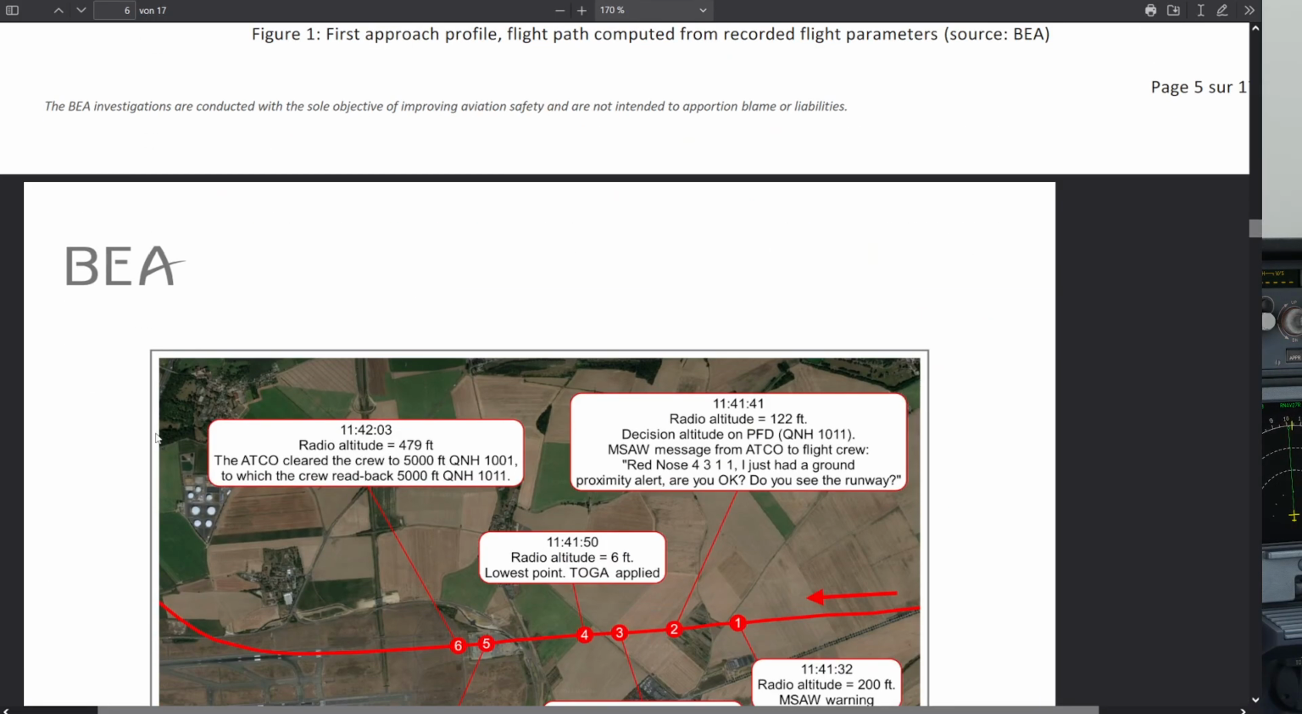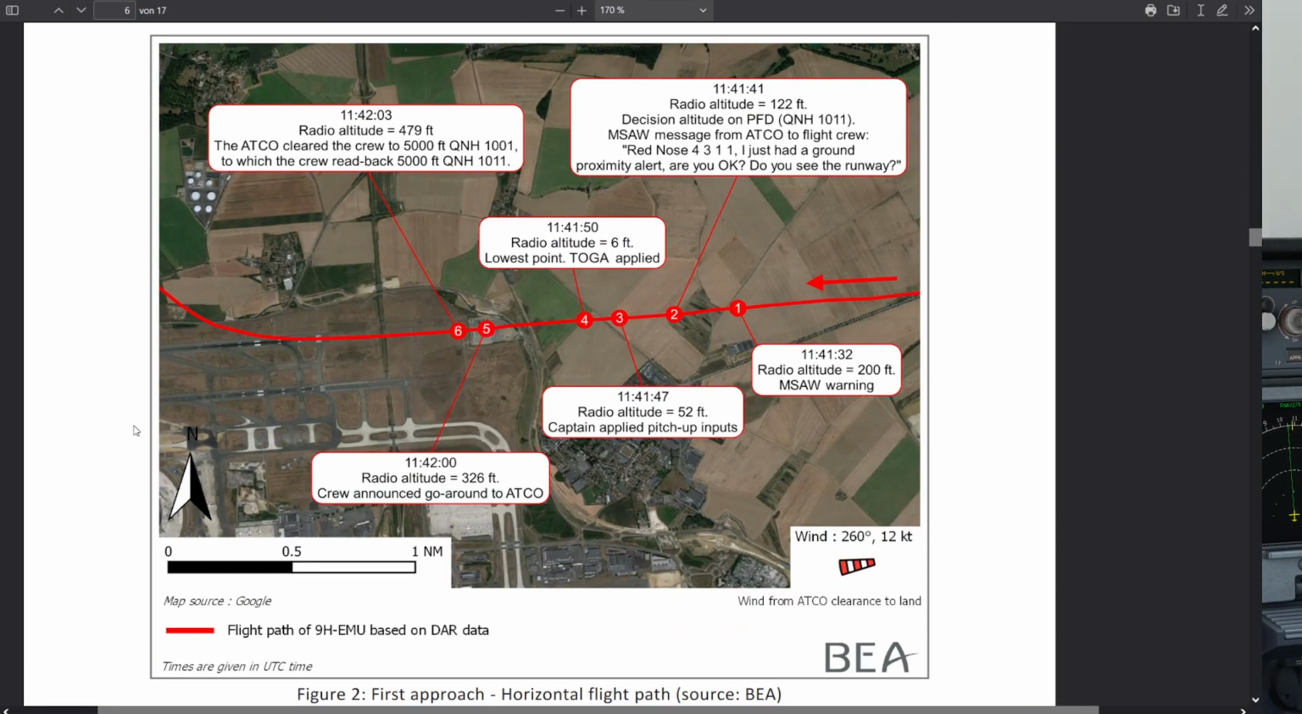Okay, so going over to the next graphic, we've got a visual representation of what's been happening that includes the times at which it happened as well. So over here you can see how quickly everything went. At 11:41 and 32 seconds, the radio altitude was 200 feet and the MSOR warning appeared for the first time